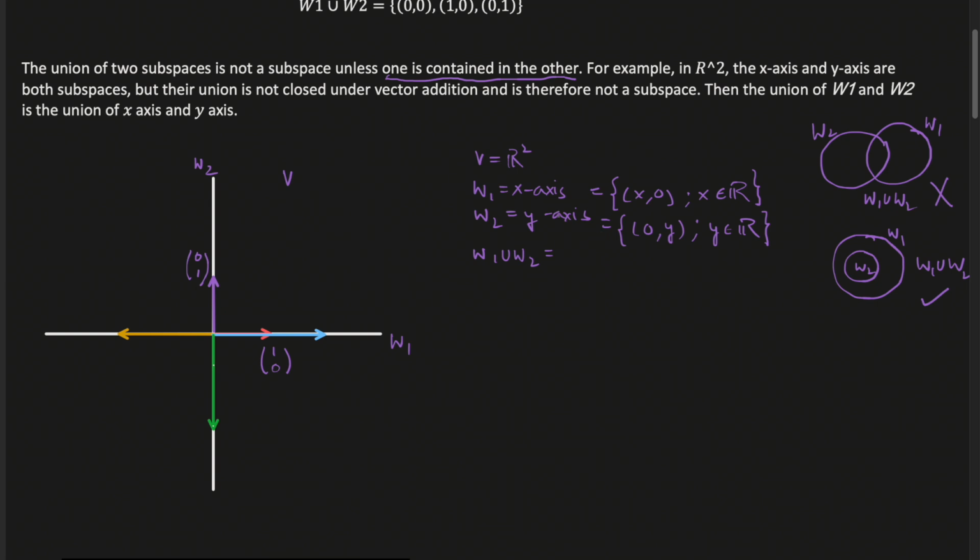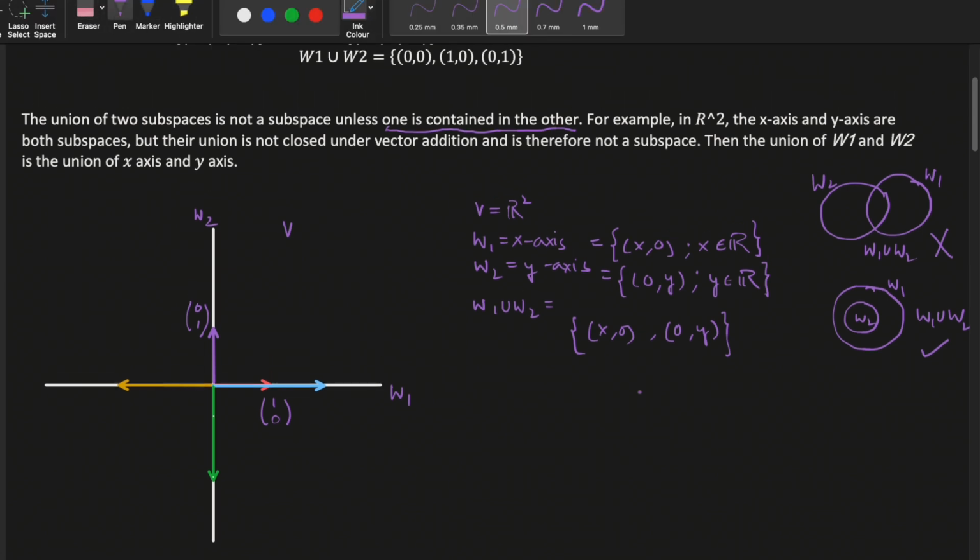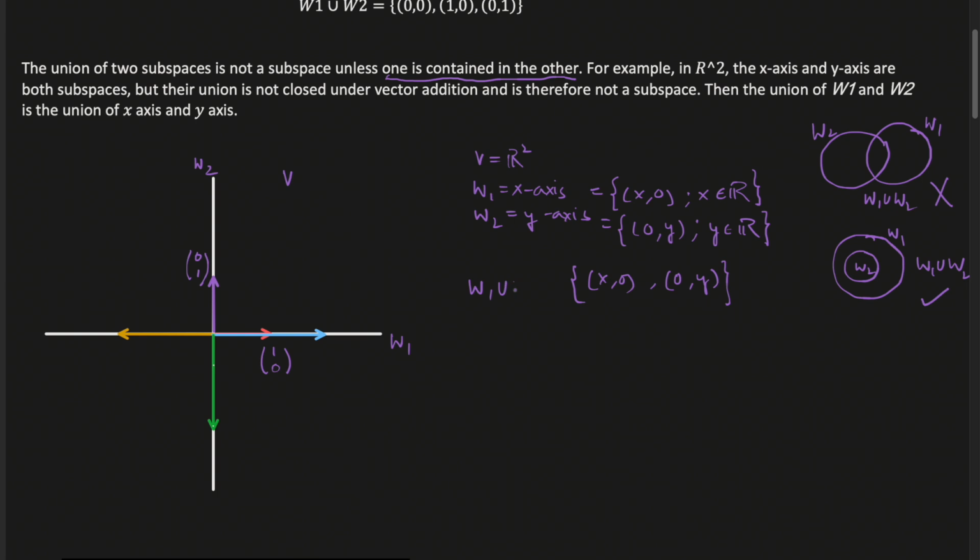All right. So what type of vectors belong to the union of W1 and W2? The vectors either are of type x comma 0, or of type 0 comma y. Only these two types of vectors belong to the union, because union will contain all the elements from W1 and W2, right? Now for example, if we need to show that in this case the union of W1 and W2 is a valid subspace,